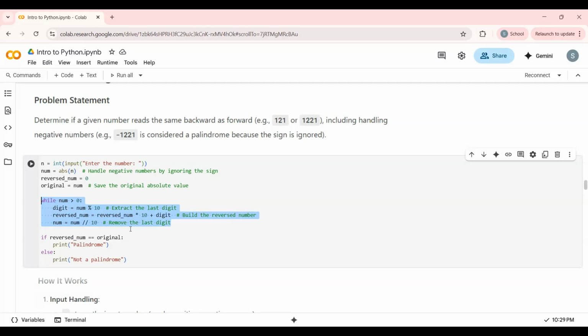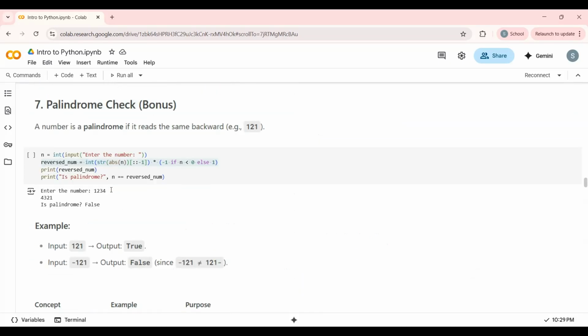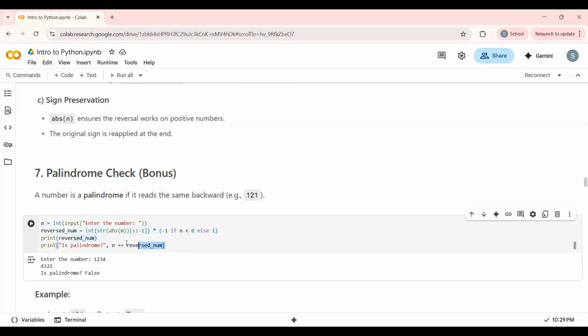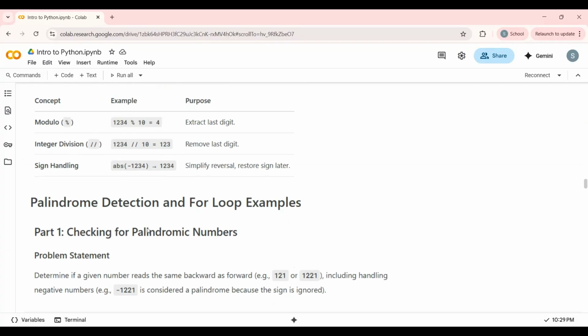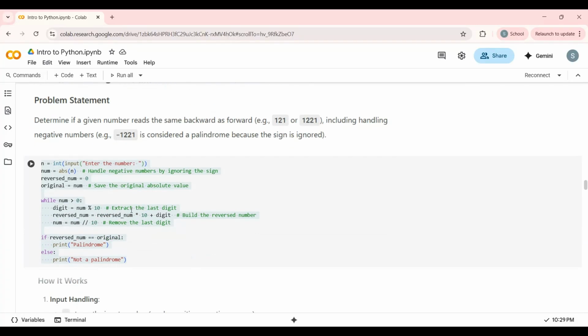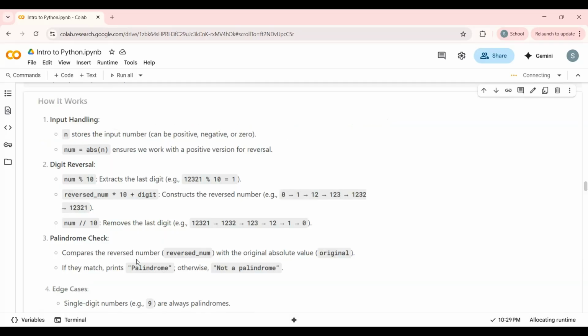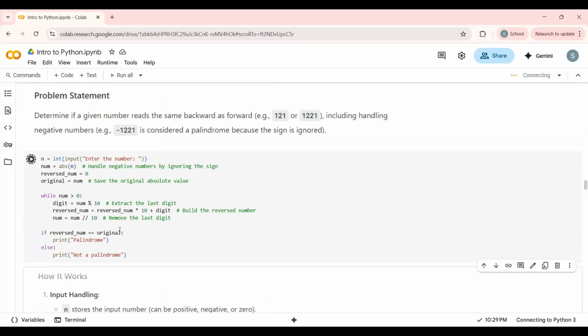What has changed here is once the number is reversed, we are comparing it. If the reverse number is equal to the original number that the user gave, regardless of the sign, then it becomes a palindrome. Else, it's not a palindrome. So we have this line of code, which gives the exact same output as this line of code. It's only to learn and probably brush up your concepts that we are using a while loop. Let's run it to see